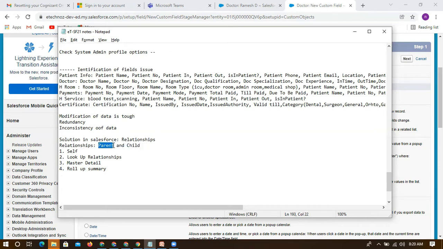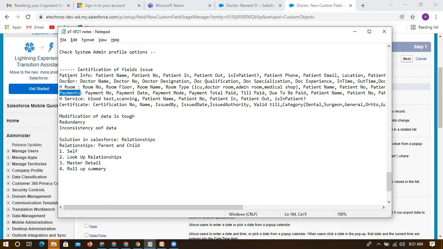Let's take, I want to connect patient. This patient will be reviewed by a doctor, right? So on top we should have a doctor first, and then the patient will be coming. Once the patient has come and done some checkups and everything, then he will be going through payments.